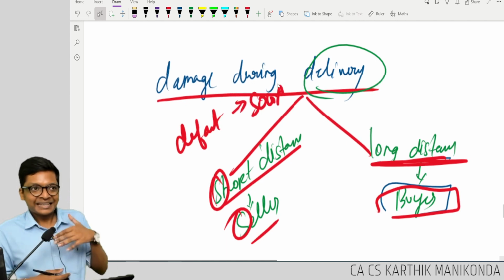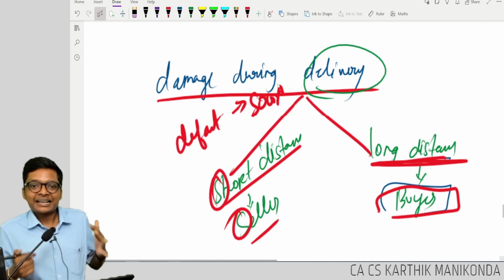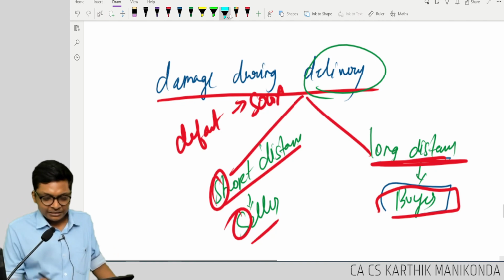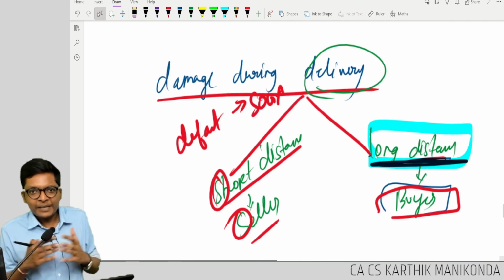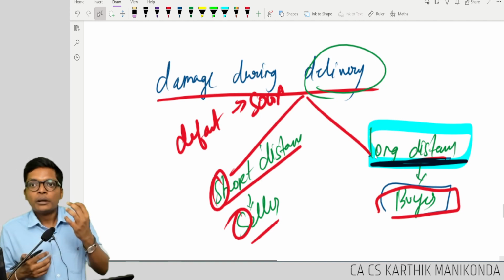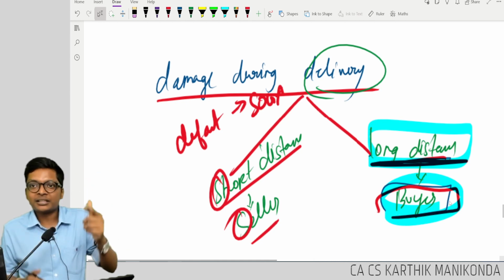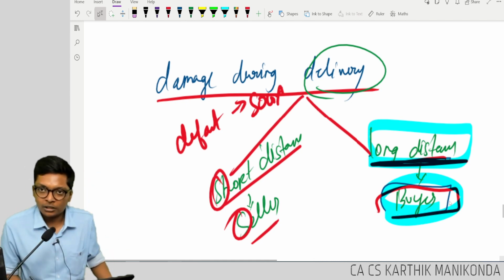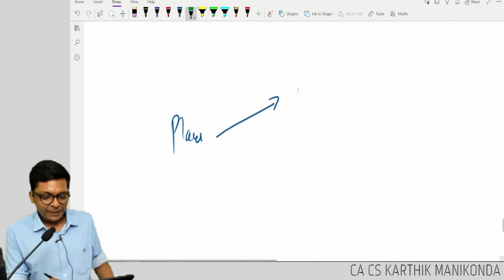If I want, can I change it? Yes. I can change it based on my intention. Long distance, if I am transporting petrol, however I pack it, some petrol is bound to evaporate, some eggs are bound to break. So the buyer has to bear that loss because you only ordered from long distance. Okay. Next, place. If place is